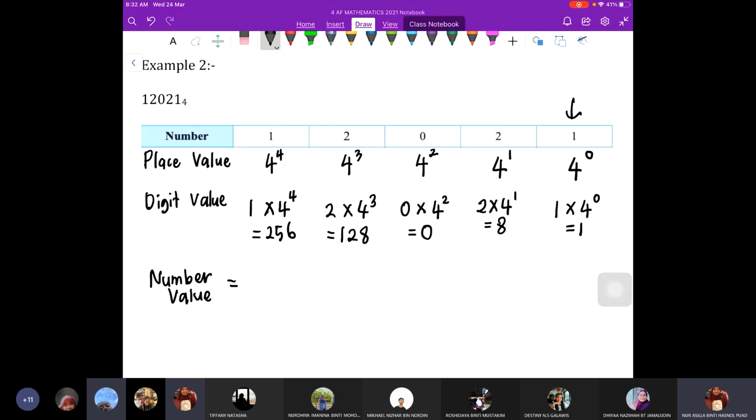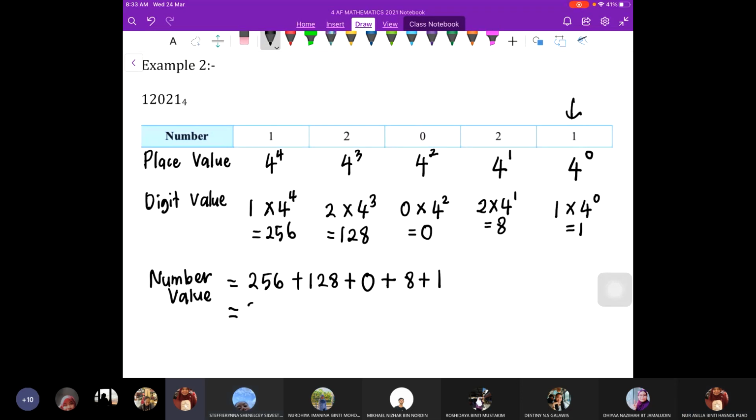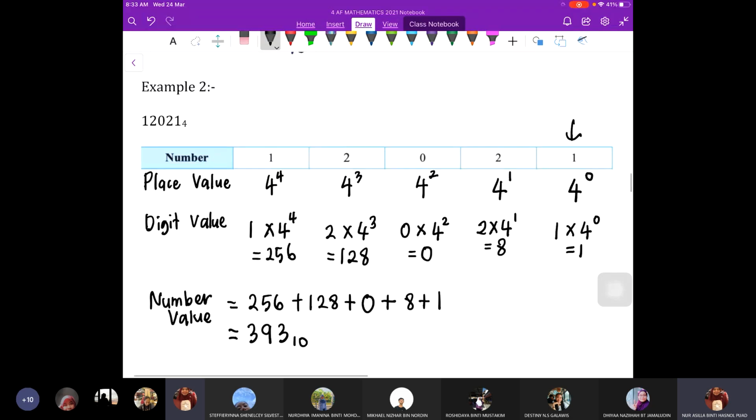Okay, but so number value. 256 plus 128, plus 0, plus 8, plus 1, and then the final answer will be 393. So this will be in base 10. Right, thank you. So that is how you change value from any base to base 10. Kita akan guna collection process. Alright, so that covers